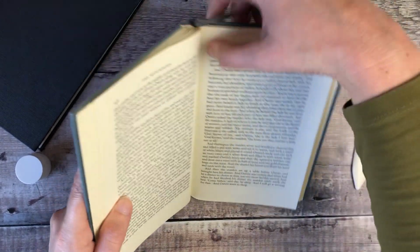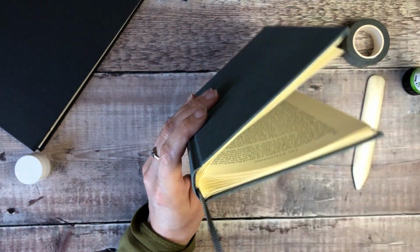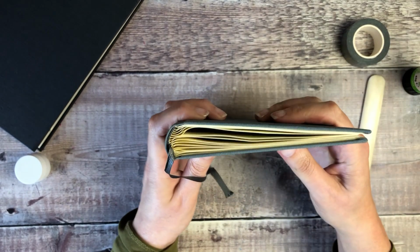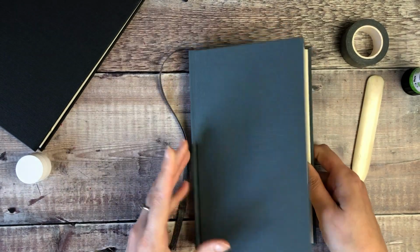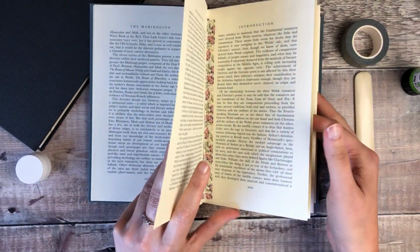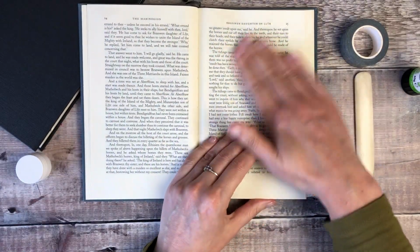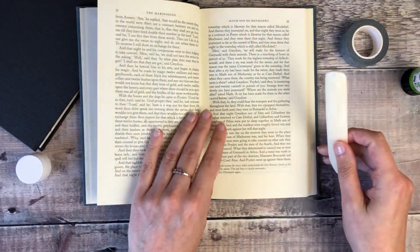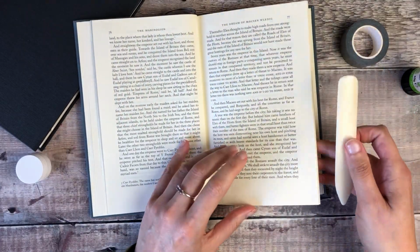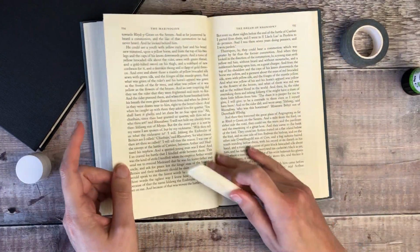Okay, so that's all now glued together. So you should be left with hopefully something that looks a little bit like this. I'm going to go through in a moment and check how all those pages are sitting on top of each other, and look for any bubbles that might have appeared. And then I'm going to leave that at least overnight, just to make sure the glue has completely set,